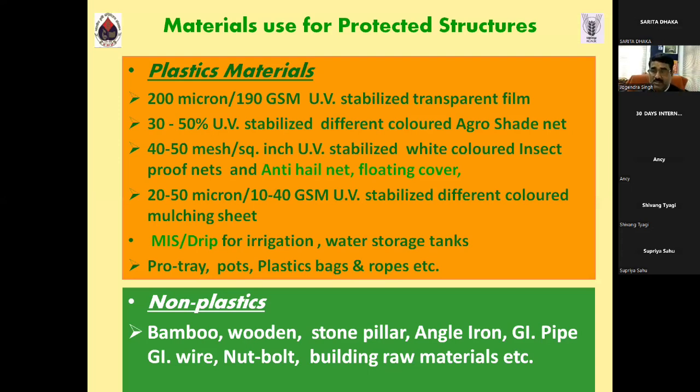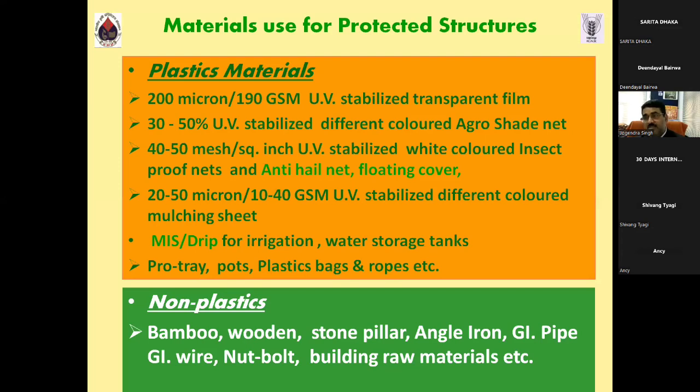Nowadays hybrid structures are flowing in the market and in the farmer's field. So nowadays we can develop the hybrid greenhouse structure, a polyhouse structure. Hybrid polyhouse structure means polythene covering along with insect proof covering, along with shade net covering. The three components can be covered together in the structure. And micro irrigation, drip irrigation system is a lifeline in protected cultivation. These are mandatory for installation of micro irrigation or drip irrigation system.